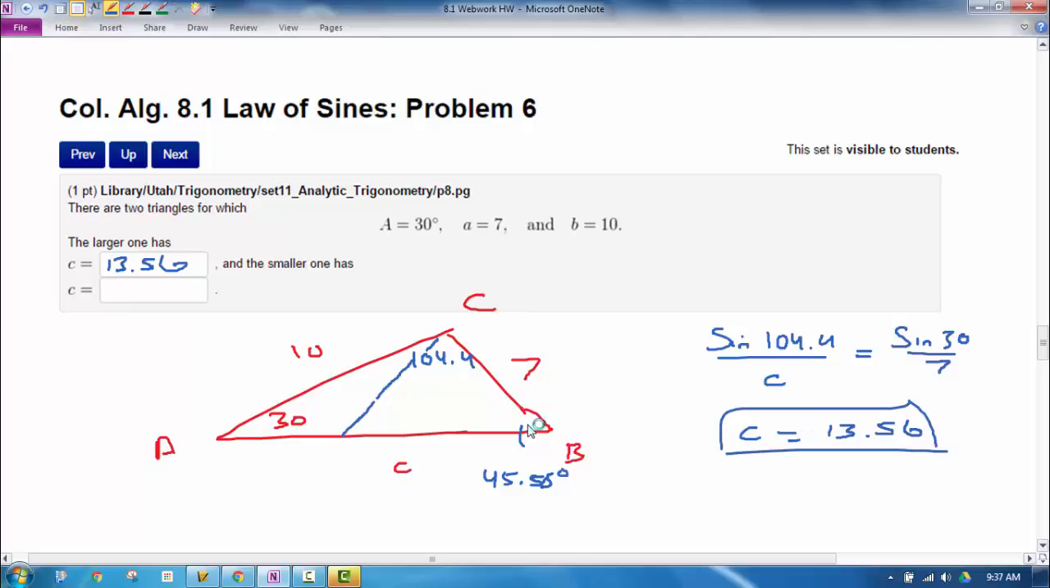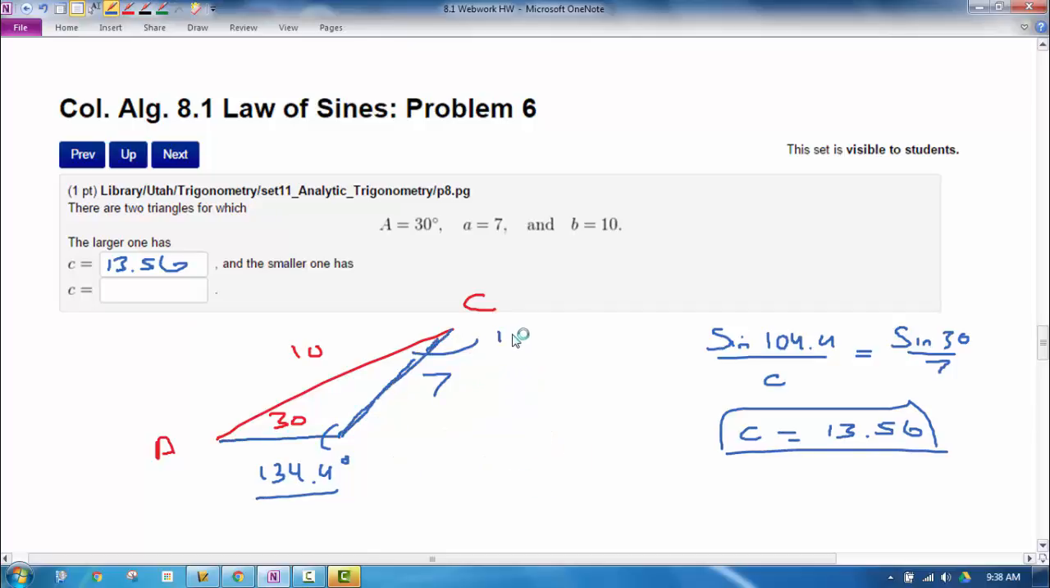Now I'm going to find the smaller one. So what you need to recognize is that this angle and this angle are the same, which makes this angle then 180 minus the 45.58. And keep in mind, I'm keeping all these in my calculator. I'm not rounding anything. So this gives me 134.4, obtuse angle in my calculator, not rounded. And then I'm going to find the new side C now. So now my triangle looks like this, where this is 15.58. If I take 180